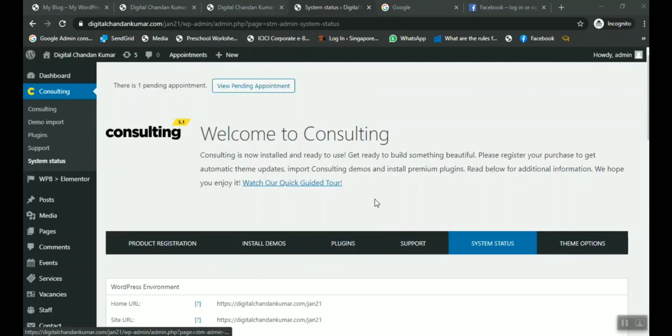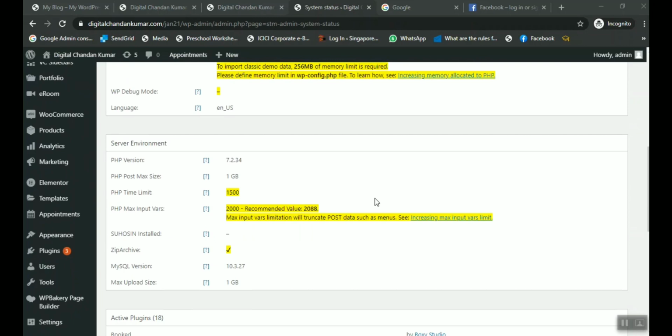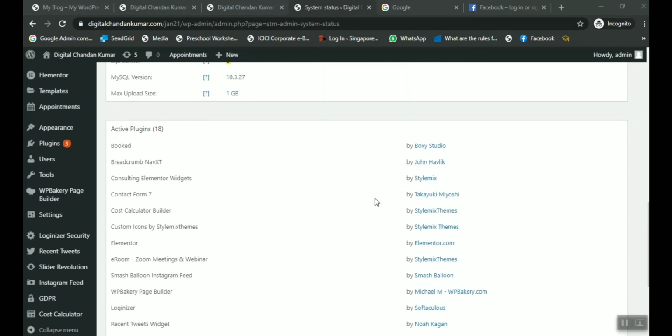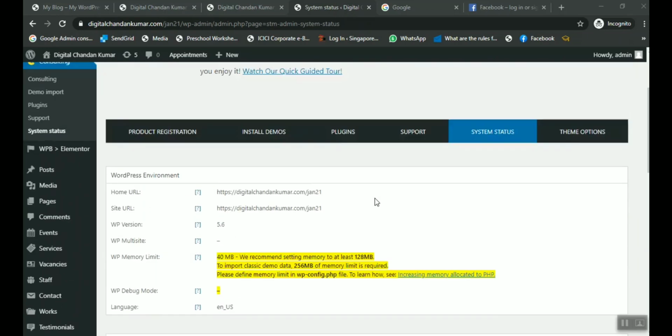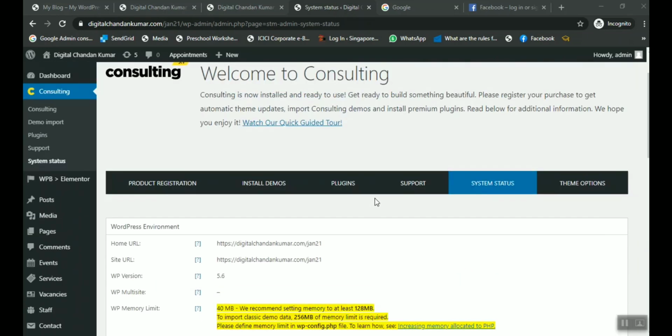So in this way we are able to customize the theme. Once the theme is customized, we can do other things like page creation, menu creation, page editing and all. In the next lesson we will see how to create pages on the website. Once the page is created, we will create the menu. Once the menu is created, then we will design the pages. So I will be waiting.